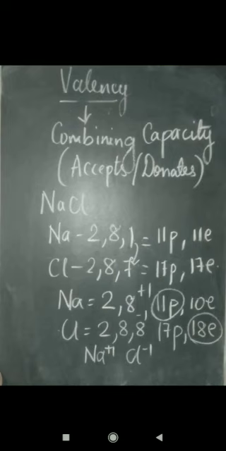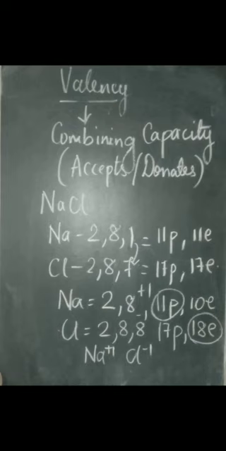So now let us see an example when NaCl is formed. Sodium chloride. Here 2 atoms are there, sodium and chlorine. Sodium is having atomic number 11, so its electronic configuration is 2, 8, 1. While chlorine is having atomic number 17, so its electronic configuration is 2, 8, 7. That means sodium has 11 protons and 11 electrons, while chlorine has 17 protons and 17 electrons.